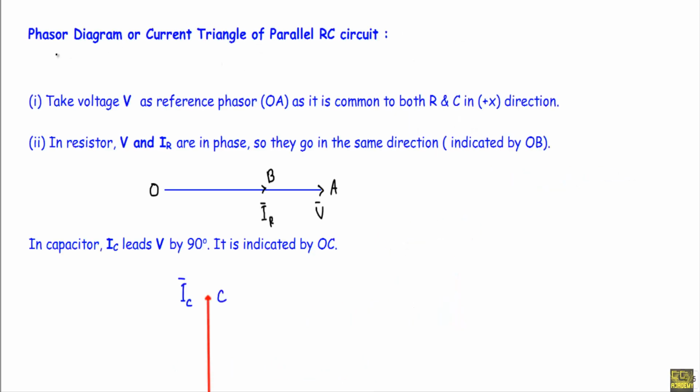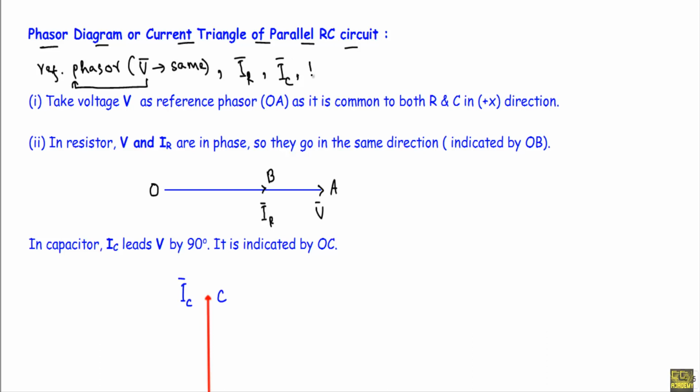admittance. Now I will show you how to draw the phasor diagram or current triangle of a parallel RC circuit. To draw the phasor diagram, at first we have to choose a reference phasor. Usually we choose that quantity as reference which remains the same throughout the circuit. In the circuit, the voltage V remains the same across the resistance R and the capacitance C. Therefore, the voltage V will be our reference phasor. With respect to this reference phasor, we will draw current phasors IR and IC. After drawing IR and IC, we will draw two